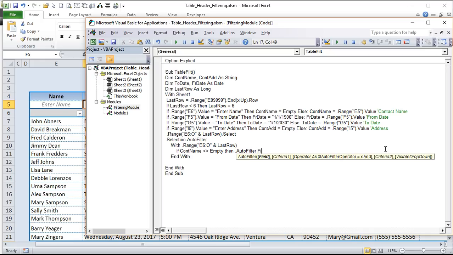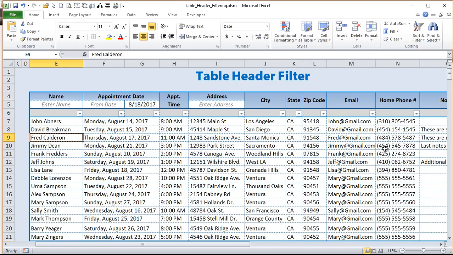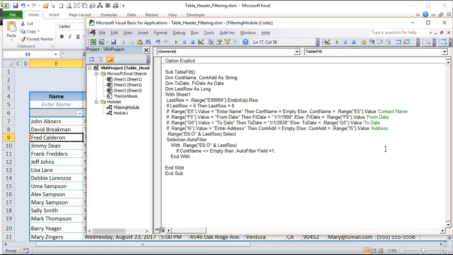Okay, Field:=1, because that's column 1. The field is equal to 1, and that's the field because it's column 1. This is going to be 1, this will be 2, 3, and then 4. So we'll use 4 for address, and we'll use 2 twice for the dates. And so back into our code, we can do Field 1, and then the criteria